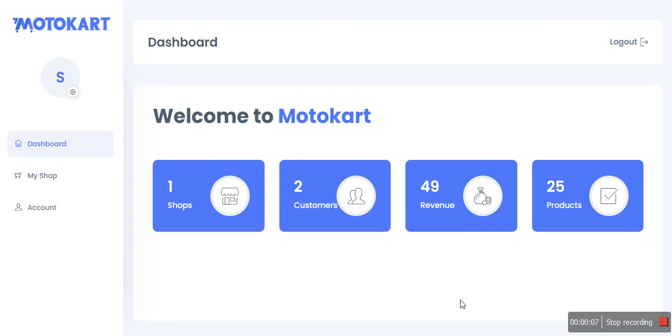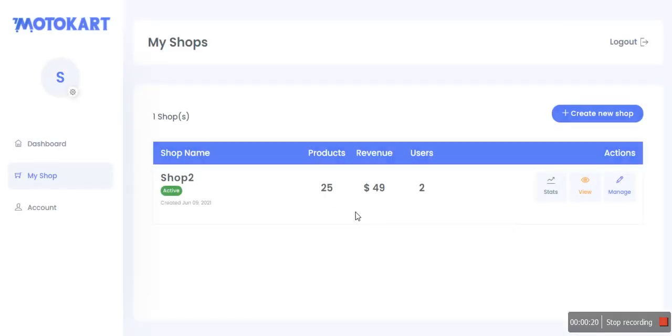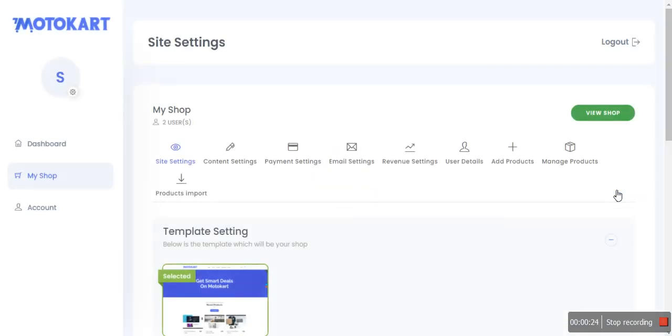In this video I'll show you how you can add autoresponders from MotoKart dashboard. So to add autoresponders, you will have to go to shops. You will have to click on manage, and here in the shop settings click on email settings,